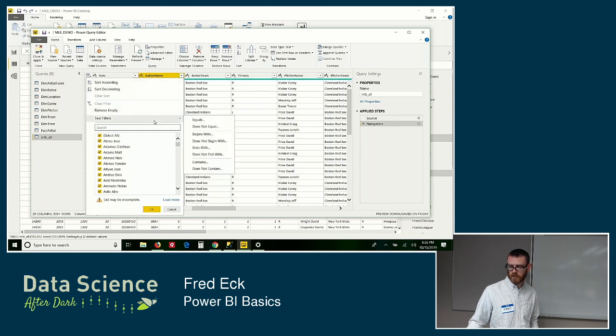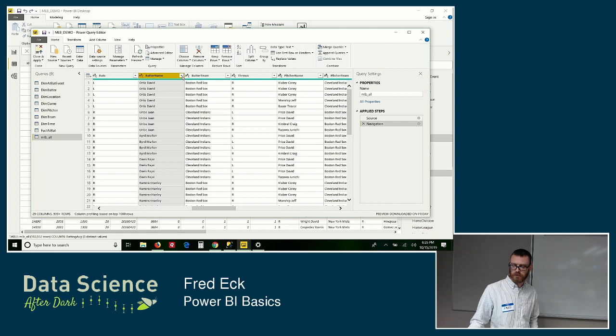Yeah, I can do different text filters, and there's a way to split based on commas or things like that if you wanted to, but I don't remember that off the top of my head. And there's other things where you can pass in parameters for your data sets and things like that to help